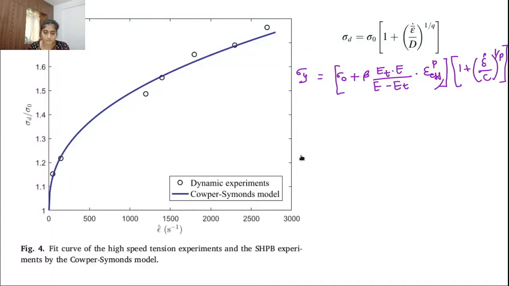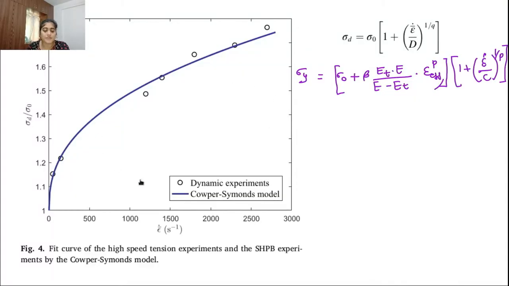In a quasi-static process at low strain rate we can use a UTM machine, universal tensile machine, and at high strain rate we can use an SHPB machine, split Hopkinson pressure bar machine. So if we know the data points of yield stress at static and dynamic conditions and their corresponding strain rates, then we can determine the Cowper-Symonds material model parameters. That we will see through this video. So let's start to learn.